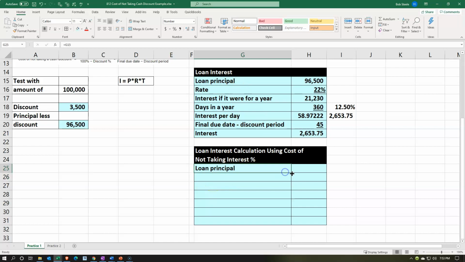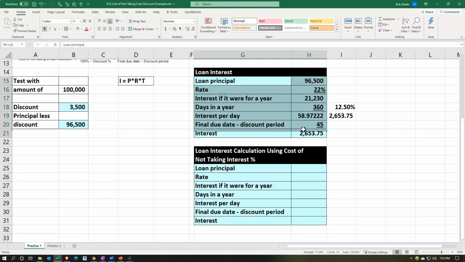I'm going to copy this down using autofill. So we're going to autofill this all the way down. I'm going to format paint this by selecting this entire blue area. We're going to go to the Home tab, Clipboard, Format Painter, format paint this entire thing, and then we'll do